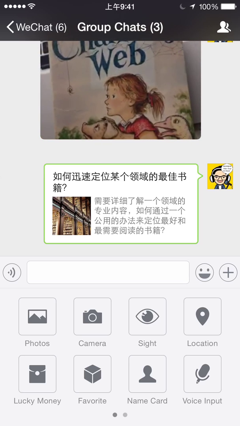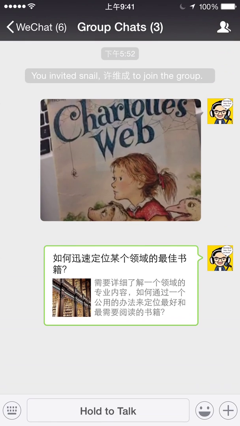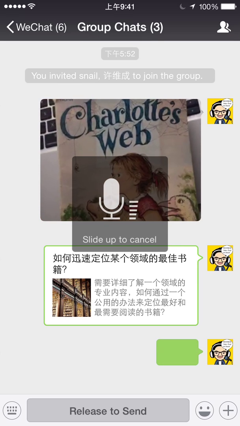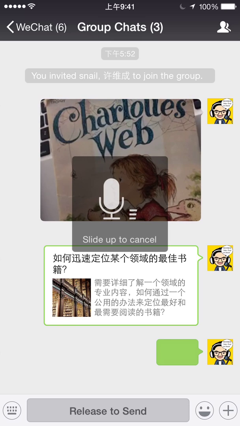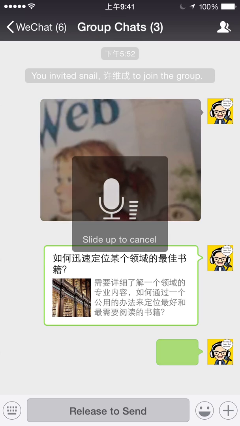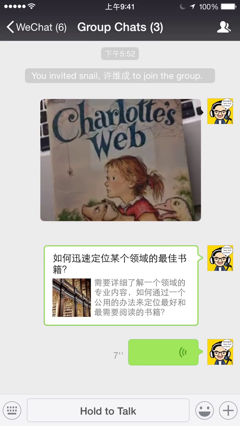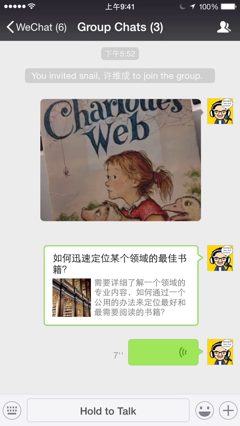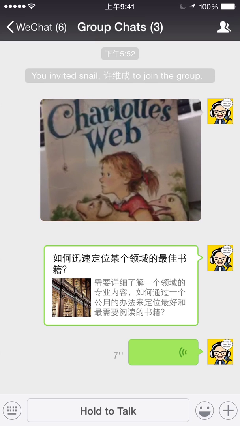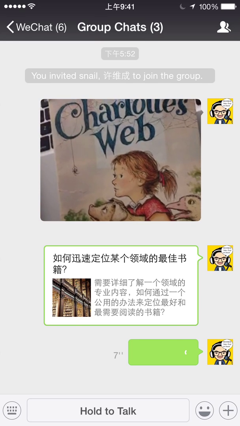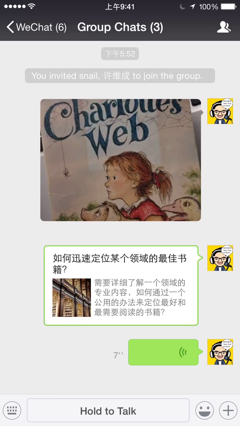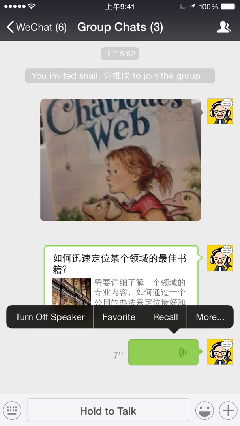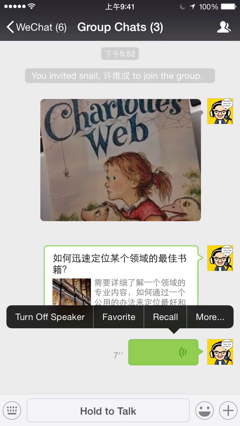I want to show you again. Another function is that I can also send voice message like this. So I'm sending a message: do a homework. Okay, so you see there is a 7 seconds voice message. And if you are in a meeting, you can click it and listen to it. But if it's not convenient to listen to it, you can also change it into text. It's quite simple. Just press it longer, and then you see